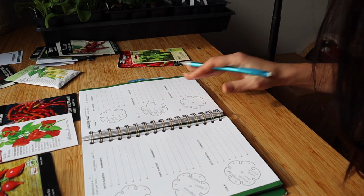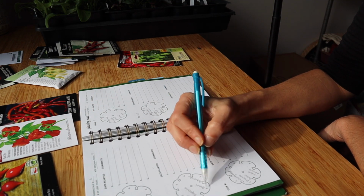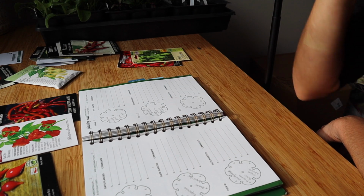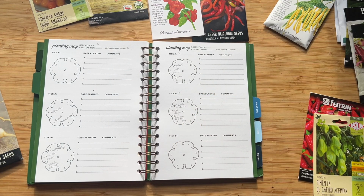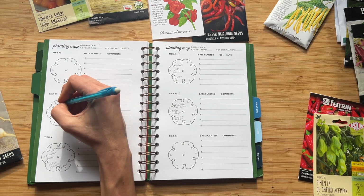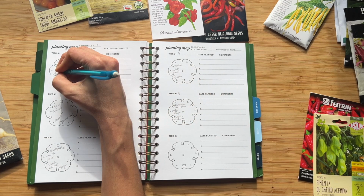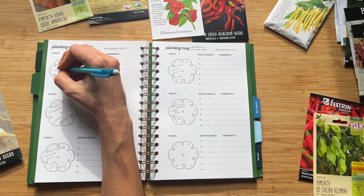I gotta have some space for other things too, like basil and stuff, so 3 is fine. I could also have interchanged this with basil if you wanted to. I'm doing the same thing as I did in the other one because I'm thinking about the shade. So I might put basil in the back. I definitely want to grow basil. But let's put, since I did all my peppers already, I think I'm going to do 1 malagueta here only,